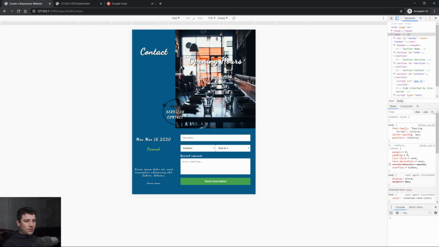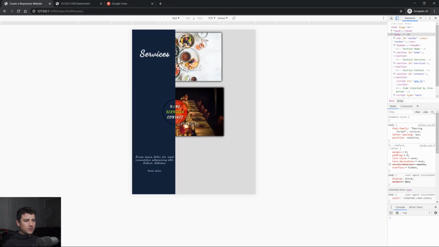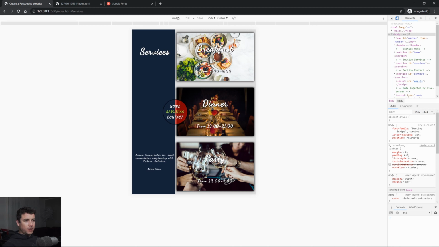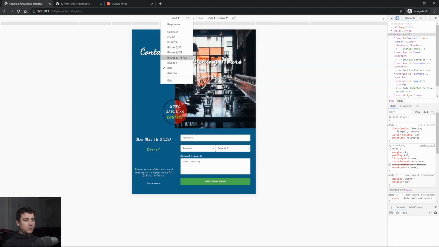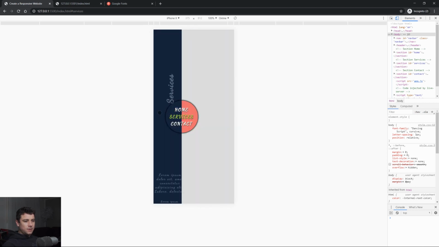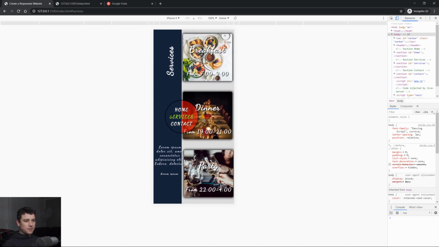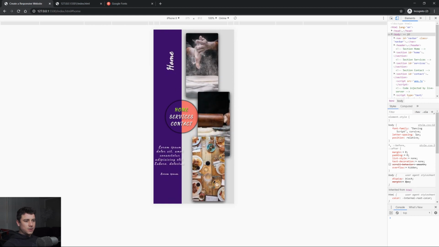Now let's go to the home page again. And now let's go to the services. And we already saw the contact box. So let's go back to the contact. And now let's change it to phone. Let's use an iPhone XS. You see the title here is flipped. This stays the same, but everything is shrunk down. Let's take a look at the services. So also these images are shrunk down,